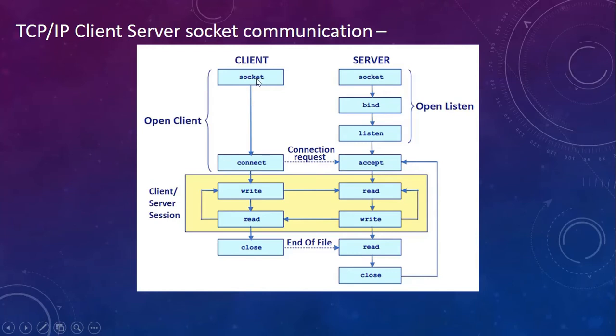Now this is my client socket. So the client socket opens by sending the connect request. It calls the connect method. Using the connect method, your client is trying to connect to the server. So it sends the connection request to the server using the connect method. Now server can accept this request or reject this request. There is a method in the server called accept method. In server socket, there is a method called accept method that if the server calls, it means that it has accepted the connection. Now once the connection request is accepted by the server, now there can be client server interaction or session that is possible.